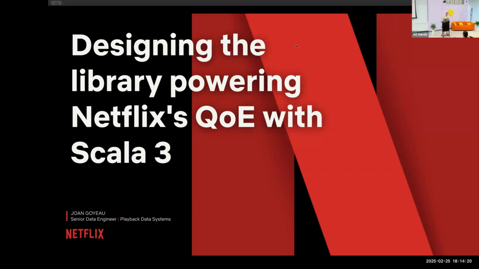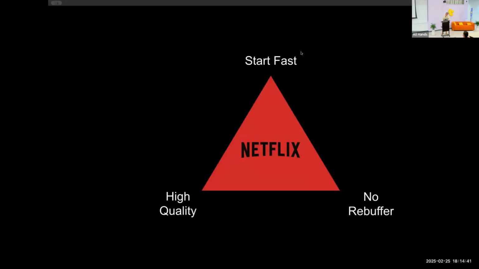We're using Scala 3, and I'll show you some unique features that we used at Netflix for that library. I can take the mic off the stand as well. It's easier for you. Sure. All right. It's better. And 5 years ago, I also showed this slide, so I think it's a good connection, like a story that continues.